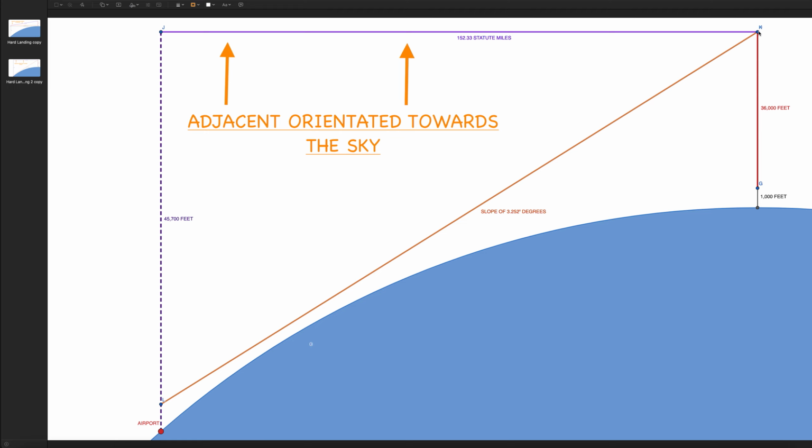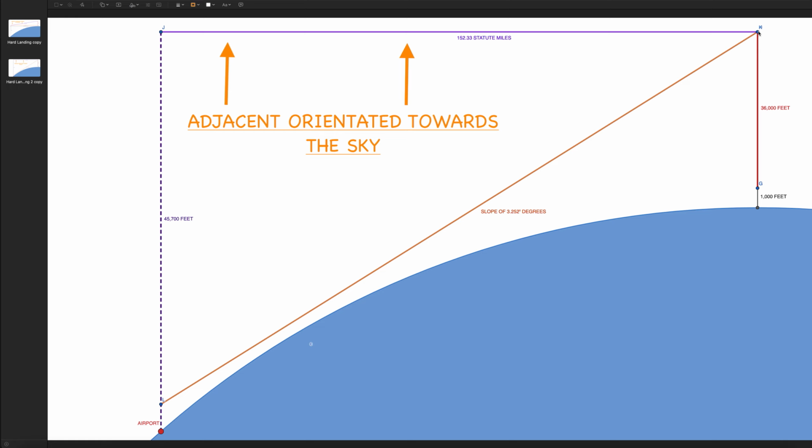This is the challenge that's going out to any commercial pilot who wants to try this. If you want to prove it's a globe, this is the only way you can calculate it for a globe. This is it. There is no other way. This is the only way it'll work. So if you want to prove you're flying over a globe, then you've got to start your top of descent 153 statute miles before the airport, if you're flying at 37,000 feet.